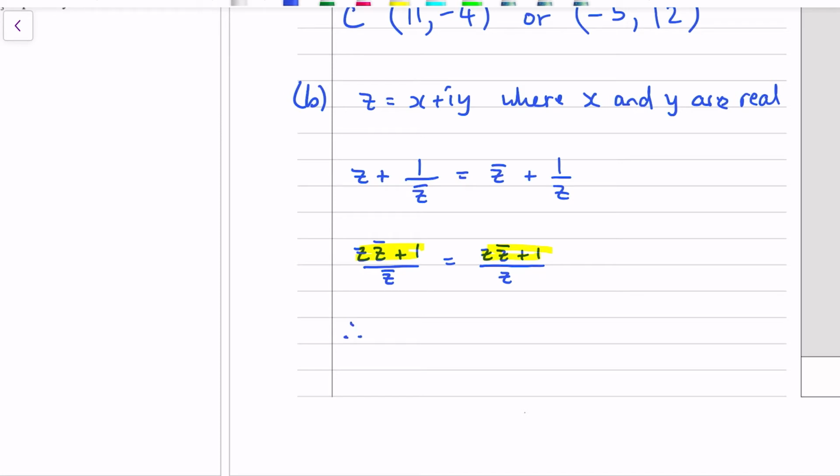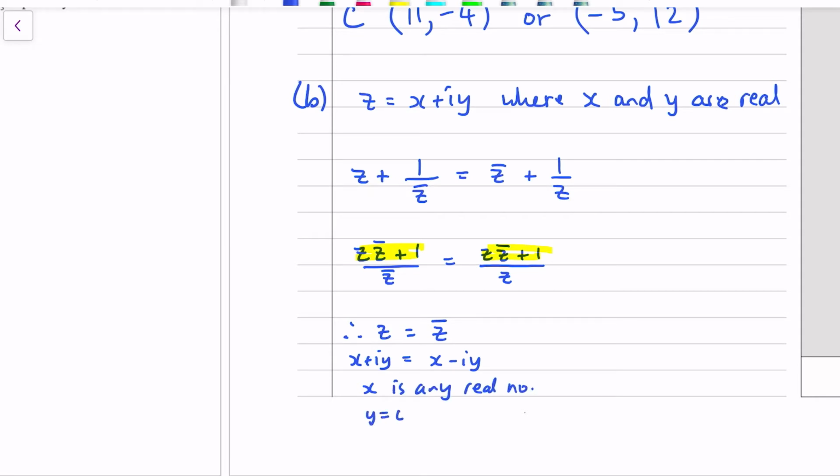So therefore z must equal z bar. And for a complex number to equal its conjugate, the imaginary part must be 0. So if we're talking x plus iy equals x minus iy, that's only true if x equals x and y equals 0. So x is any real number,